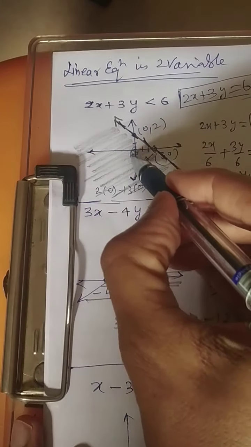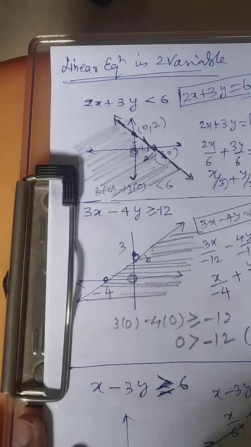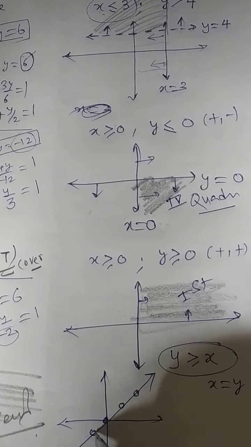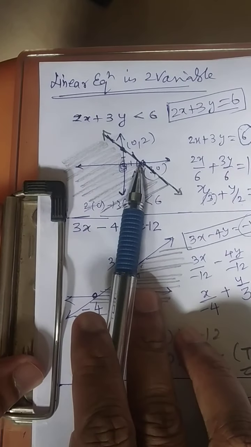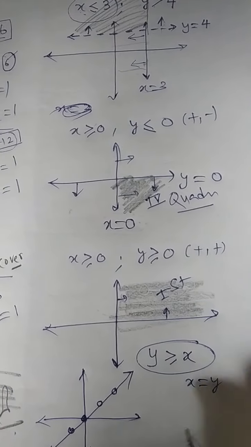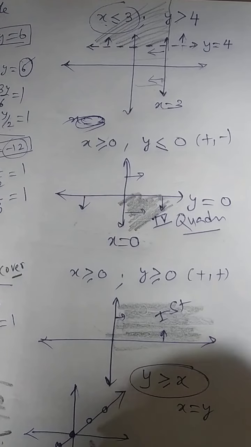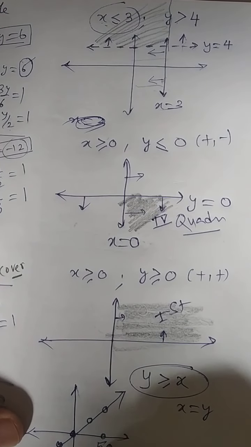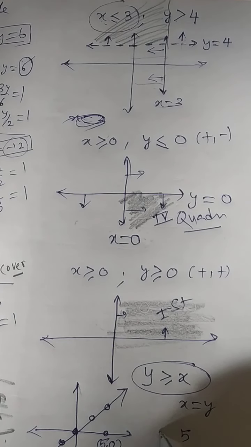So far in the previous question I was telling you, you can select the point 0, then check the condition greater and lesser. This is not possible because this particular line is passing through the 0. So remember, in this selection you cannot take 3, 0. Likewise, this is the thing here you cannot consider. Now I told you initially you can select any point on the axis. I am just selecting this point. This point let us consider 5, 0. Put this one. 5 is the value of x and 0 is the value of y.